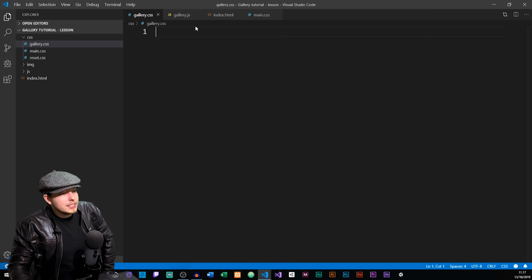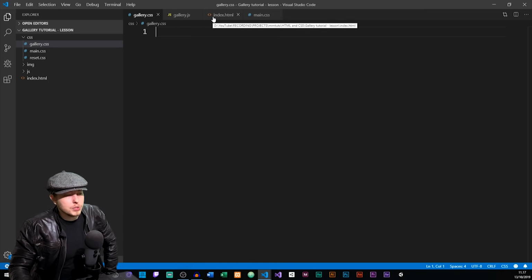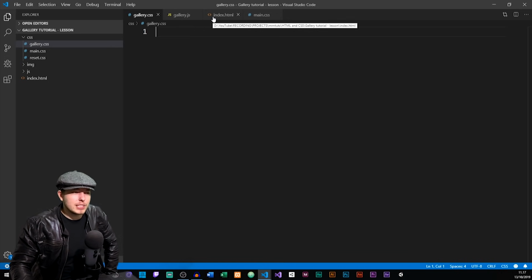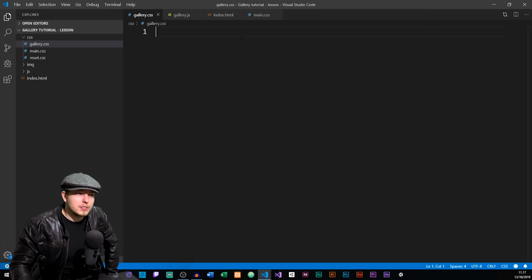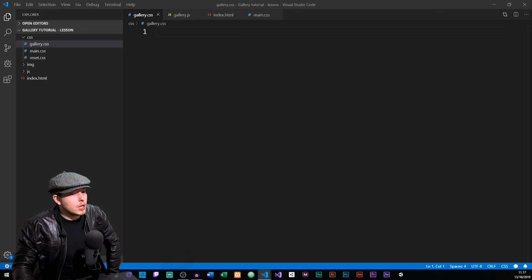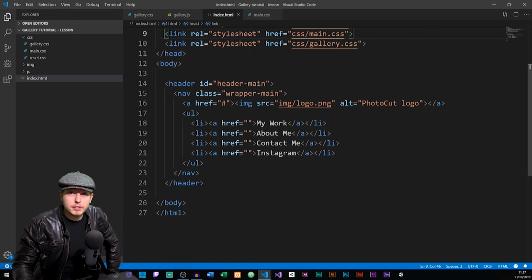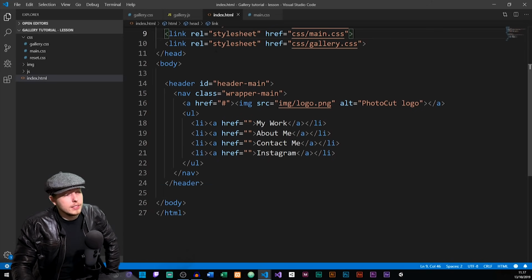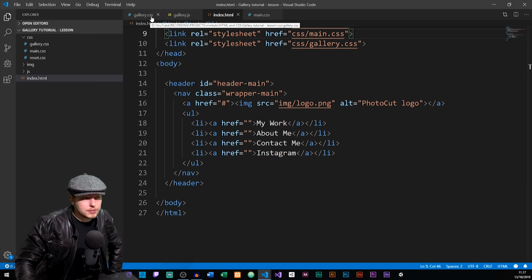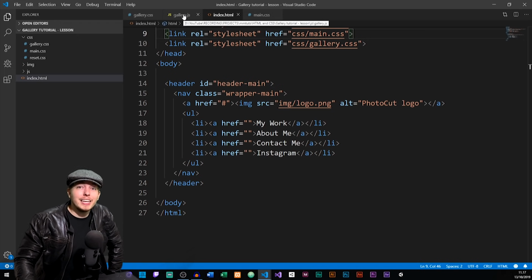So we're going to be styling the gallery.css together. Now, before we do anything, we're just gonna take this step by step because I don't wanna jump back and forth between files too much because that might confuse you. So what I'm going to do to start with is go ahead and start with the index file, and then we're just gonna take it from there. We're gonna finish off the index file. Then we're gonna go to the gallery.css file. We're gonna finish that one, or at least as much as possible, before we start the gallery.js file,